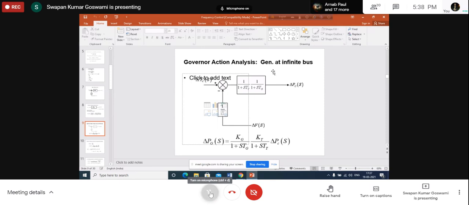All right. So this is one extreme situation we have considered, because we have assumed that generator input is changing, but generator frequency is not changed at all. This is our assumption. Obviously, this is not the actual situation. This is an ideal situation. What is the actual situation? We shall see this later on. For the time being, let us consider the ideal situation. So, this is one situation we have explained.